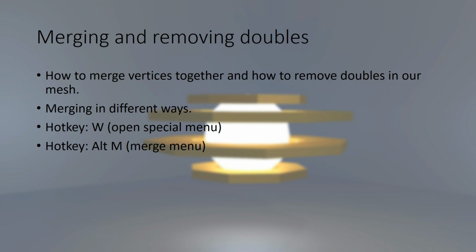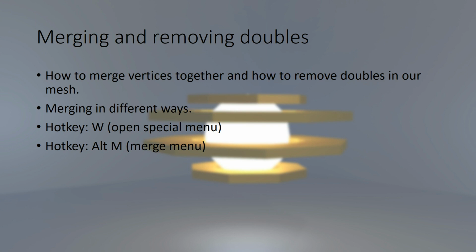In this lecture, I'm going to show you how to merge your vertices together and how we can remove doubles. Doubles are basically unwanted vertices that are in the same coordinates. You can actually have multiple vertices in the same coordinate, and the problem with this is it creates extra geometry that is just completely unnecessary and can in fact have a negative impact in future parts of your project where you're trying to add more detail or you're trying to add textures and materials.